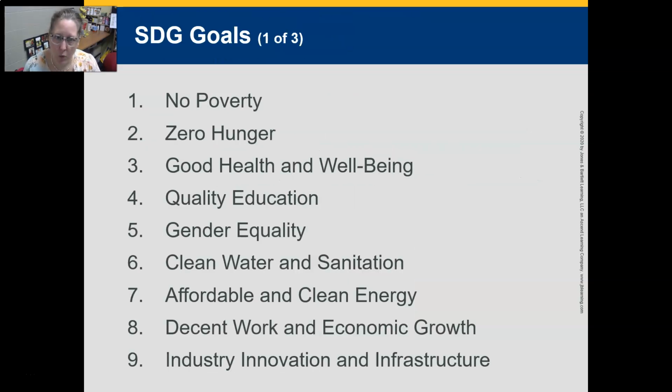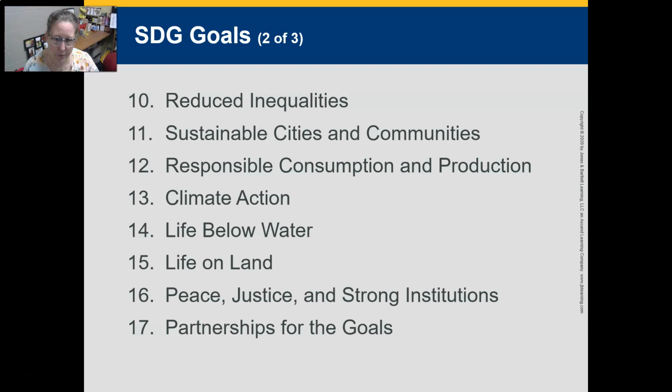So, the goals in order are: 1, no poverty; 2, zero hunger; 3, good health and well-being; 4, quality education; 5, gender equality; 6, clean water and sanitation; 7, affordable and clean energy; 8, decent work and economic growth; 9, industry, innovation, and infrastructure; 10, reduced inequalities; 11, sustainable cities and communities;